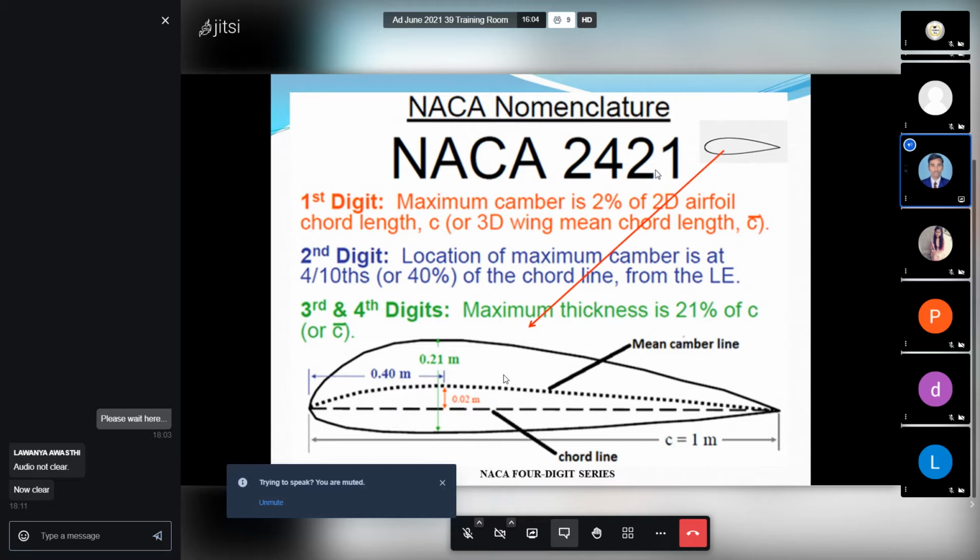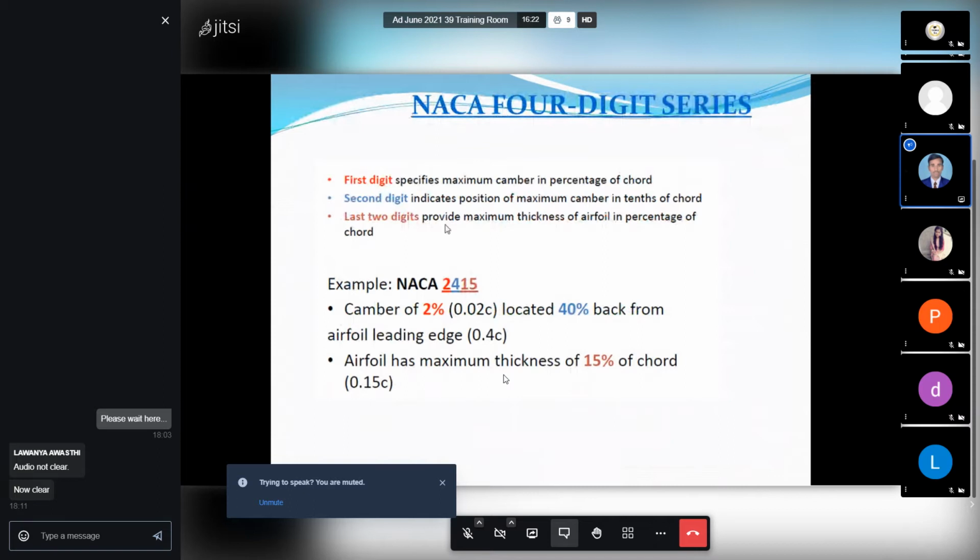And the last 2 digits are the maximum thickness, that is 21%. Maximum thickness means from the upper surface to the lower surface of our aerofoil, that is 21% of the chord, and that is shown clearly here.